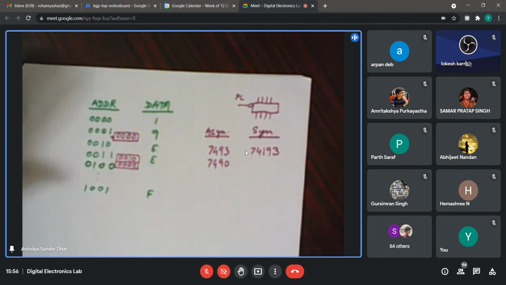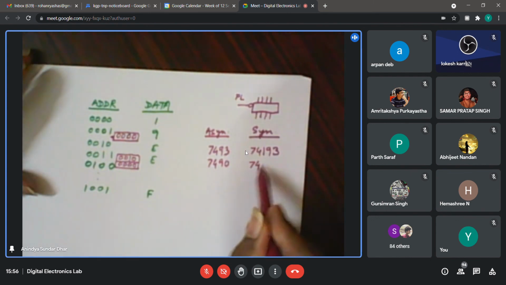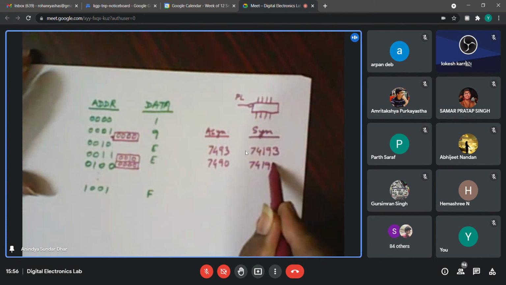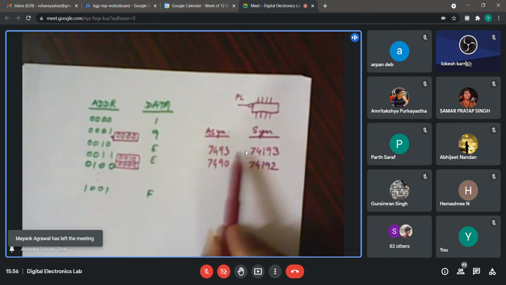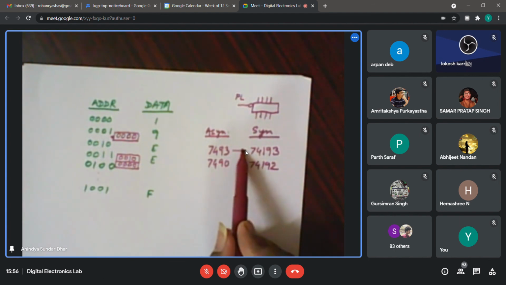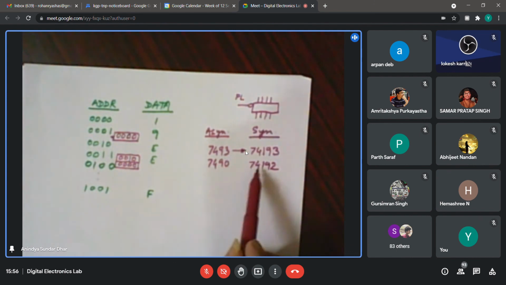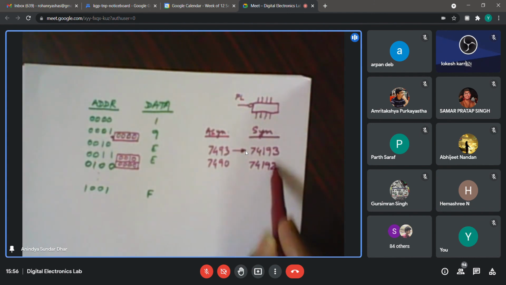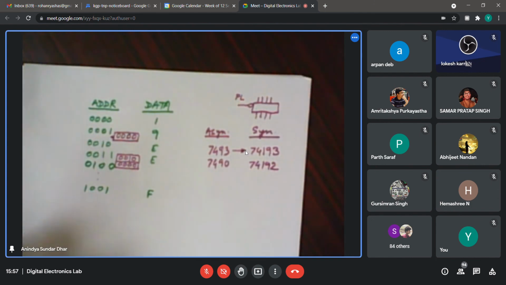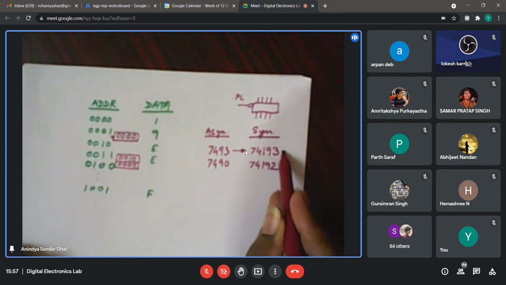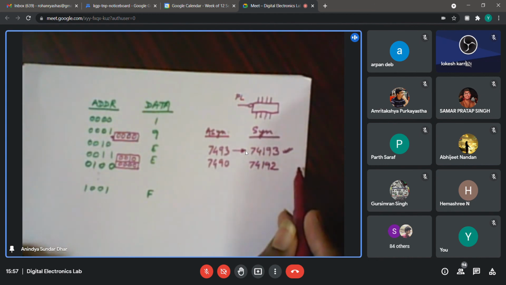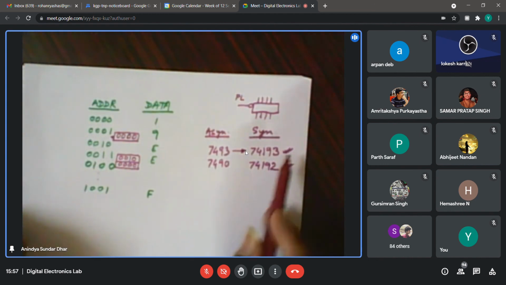You also have another IC called 74192, if I remember correctly. Please check. I guess it is 92. It is easy to remember, 7493 and 74193. The synchronous version of 7493 is 74193, whereas the synchronous version of 7490 is numbered 74192. Generally in the manual you will find 192 and 193 listed together on the same data sheet. Maybe you have seen the same datasheet for 93 and 90 as well. Anyway, what I suggest is that you use any of these, 74192 or 74193, whatever.